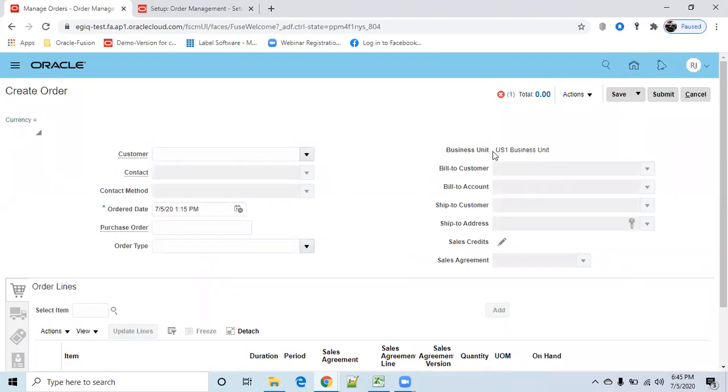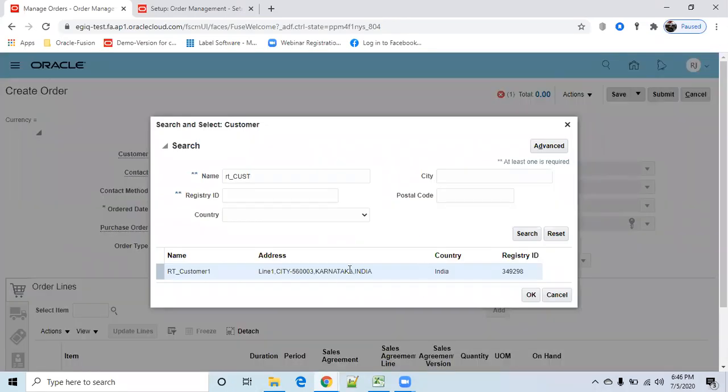Why is BU US1 coming? Because I have data access for our order management, whatever job rules are there, that order administration having this data access. Now my customer is RT underscore customer. Okay, click on OK.